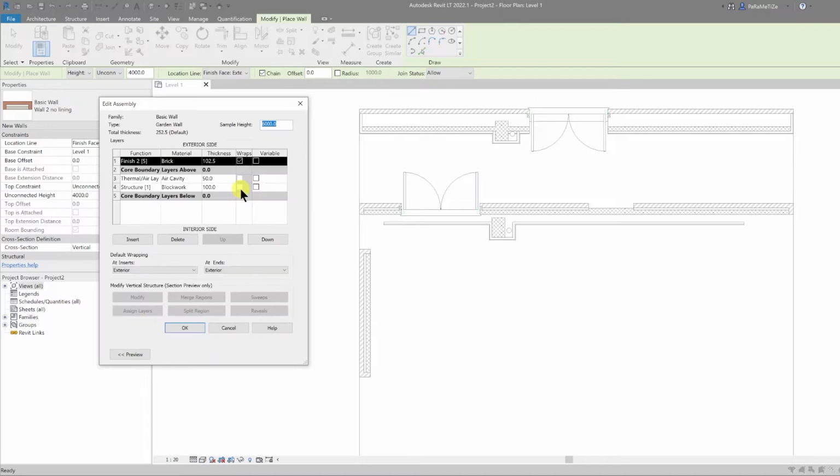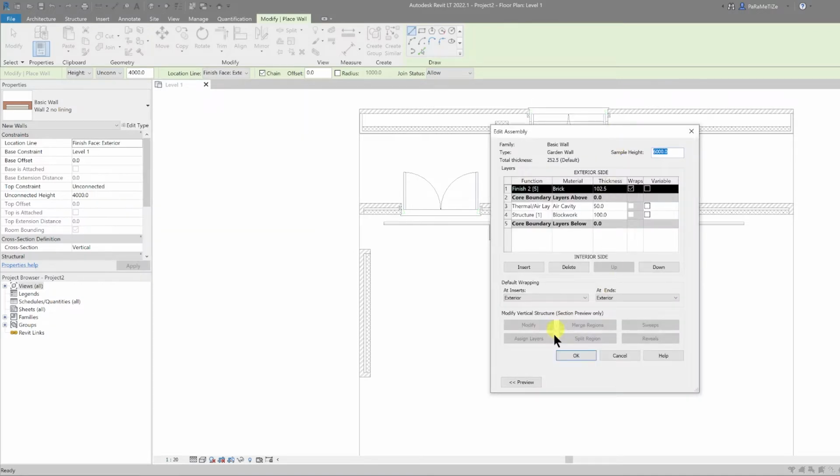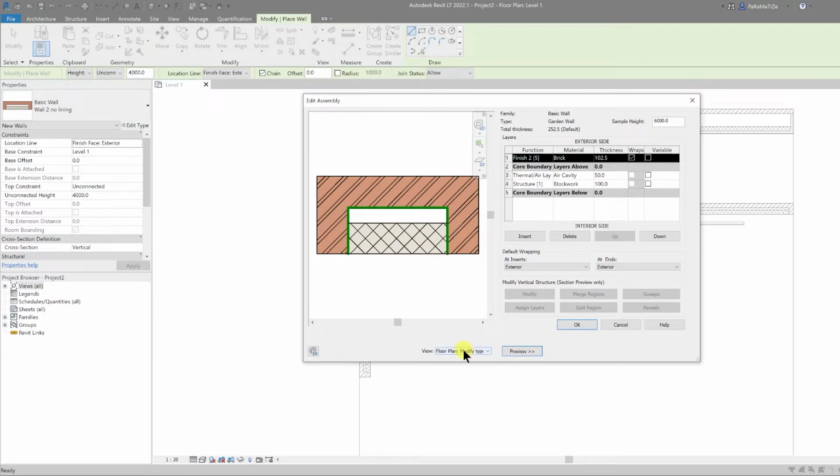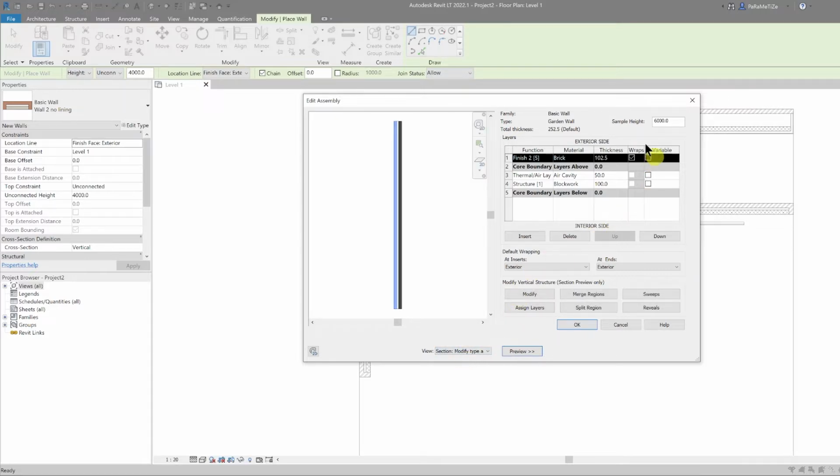So I'm going to go to edit the structure, and for this one I'm going to actually use the preview box. And in the preview box you can either have a plan view or you can have a section view. So I'm going to use section. You can also change the height of that preview depending on what you want to look at. So I'm going to change the height to 1.5 meters,